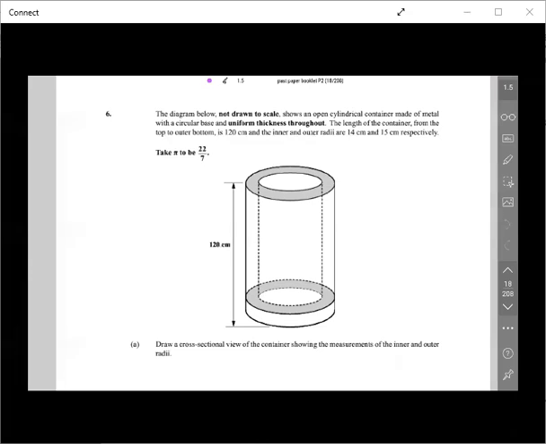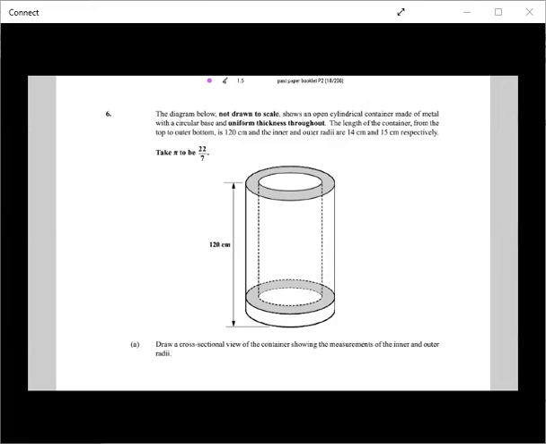It says the length of the container from the top to the outer bottom is 120 centimeters, and the inner and outer radii are 12 centimeters and 15 centimeters respectively. We're to take pi to be equal to 22/7, and